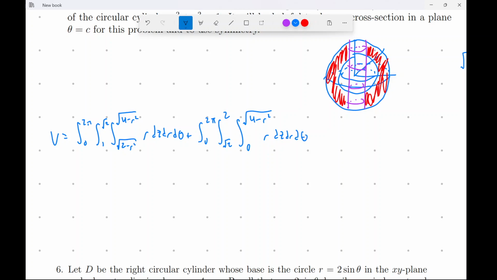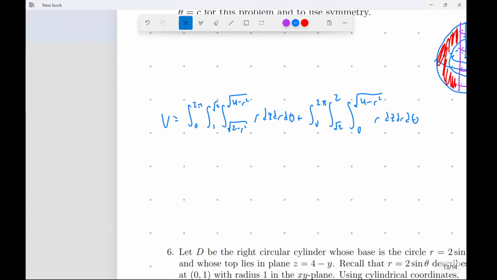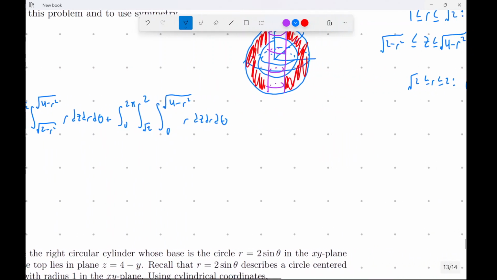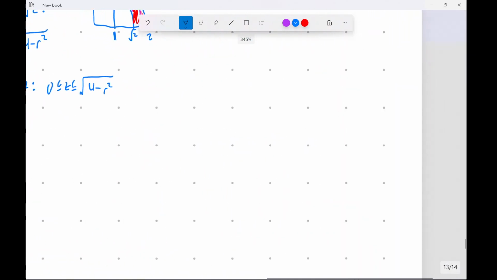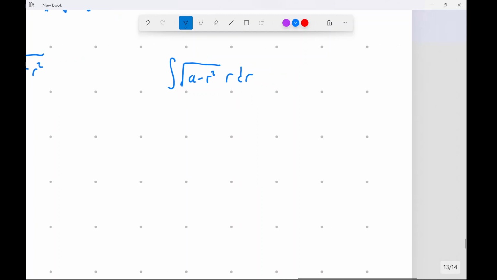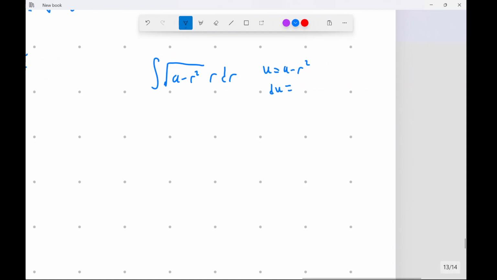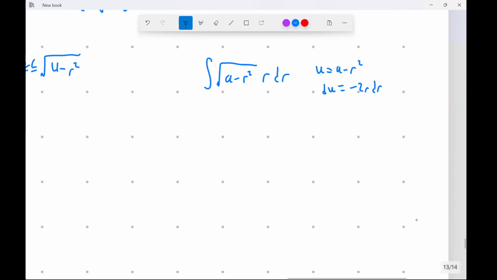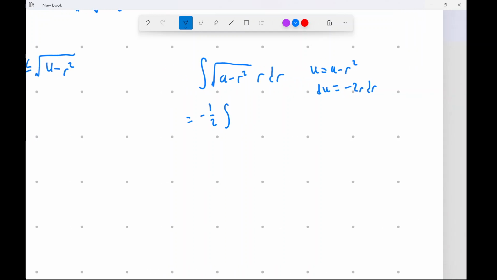And we can compute this integral. I don't really want to. I'm going to do some scratch work over here. I'll show you why in a second. We want to find the integral of the square root of a minus r squared times r dr. To do this, we'll do a u substitution. And so this is negative 1/2 integral of, I think that's just root u du,